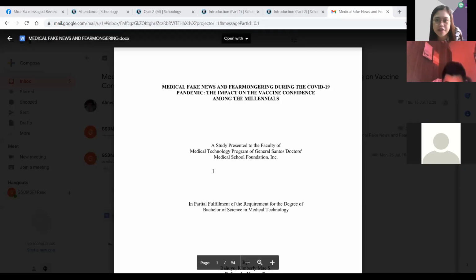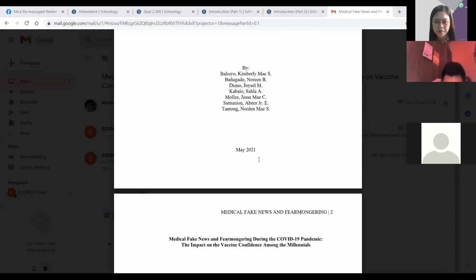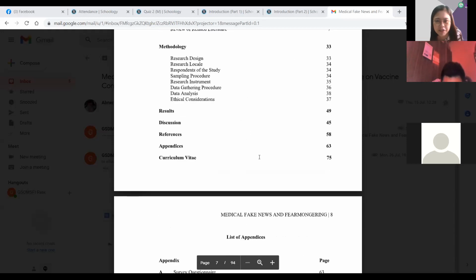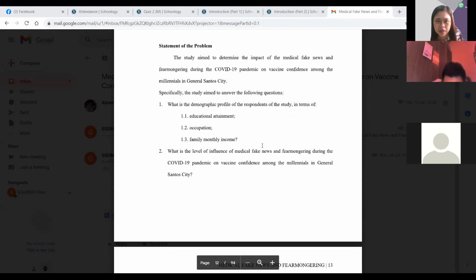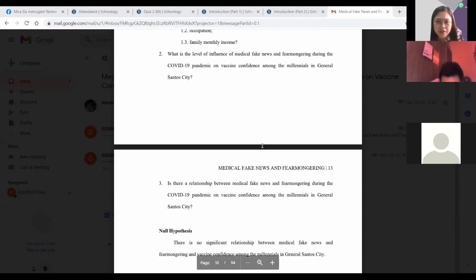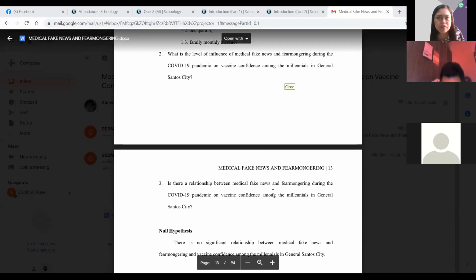Let me look if I have here, aside from correlational study, I cannot remember kasi I really have one. I think the medical fake news is still a correlational study. Let's look at this. I think this is still a correlational study. So medical fake news and fear mongering, this is still from the previous batch, due for hardbound also. If we look at their statement of the problem, demographic, level of influence, and yeah, is there a relationship between medical fake news and fear mongering? Okay,